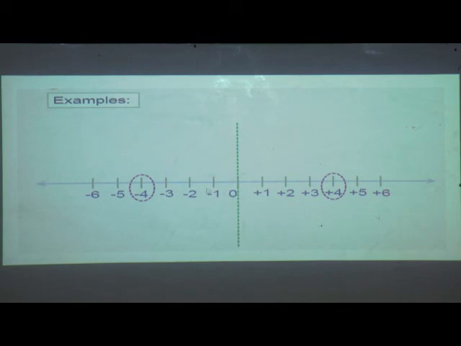In the same way, you can take it for -2 and +2 also. If we are moving towards the right side, then we have to move 1 and 2 points. And if we want to represent -2 on a number line, then we will move towards the left side. So 1 and 2. So again -2 and +2 are at equidistance from 0, that is 1, 2, and here also if we move to the left side we have 1, 2. Okay.